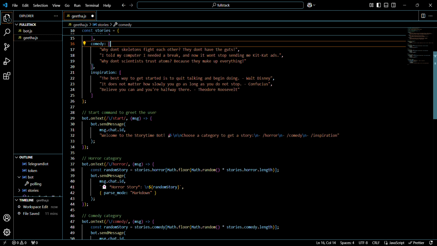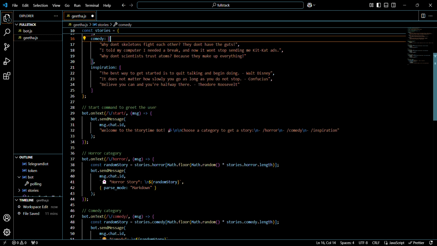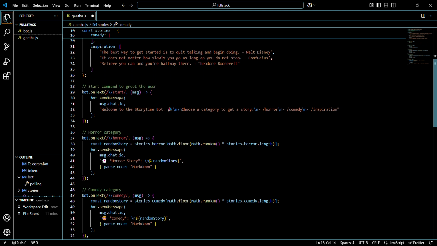This listens for the /start command and triggers the callback function, and you can see message.chat.id, the unique ID of the chat where the command was sent. And you can see here bot.sendMessage. It sends a welcome message listing available commands. And here you can see